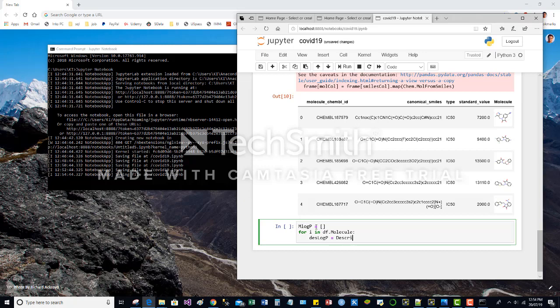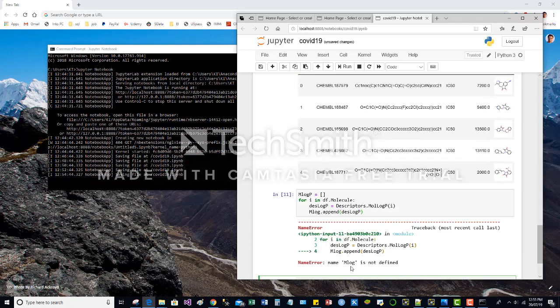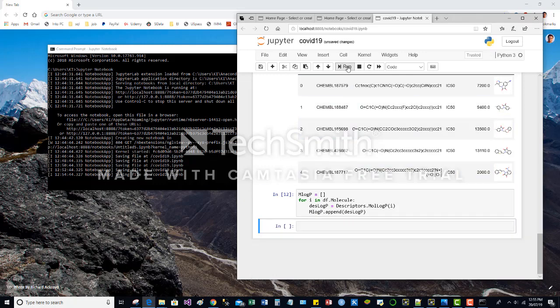Descriptor dot molecular log p, then appended log p. So run this. Name log is not defined. Okay, log p. Oh, here the p is missing. So now